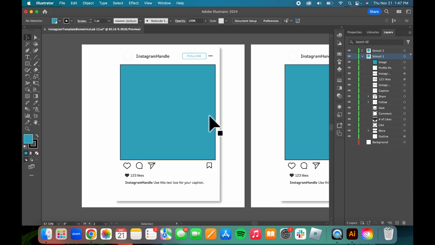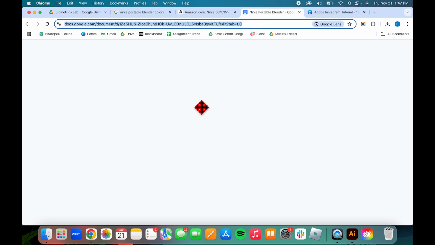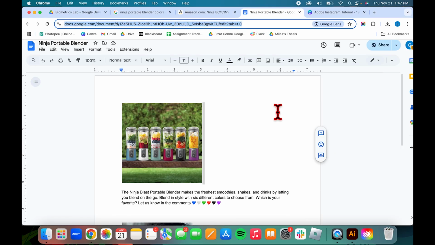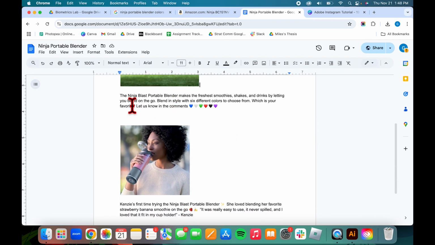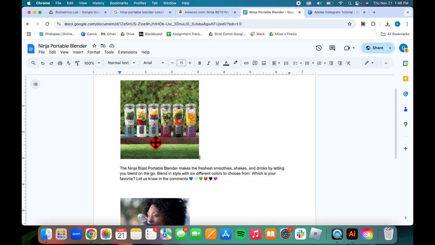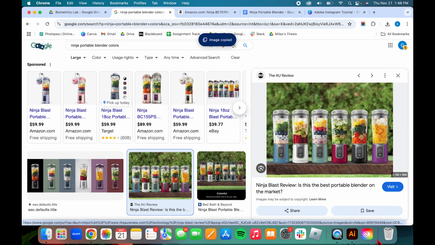So let's just start by getting our image in. So for the sake of this example, we're going to be using the Ninja Portable Blender. So I have the images here and the captions, but you can't really copy and paste from Google Docs. So you're going to want to go straight from the source, copy your image,